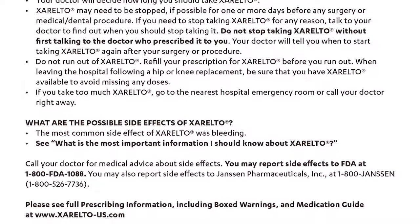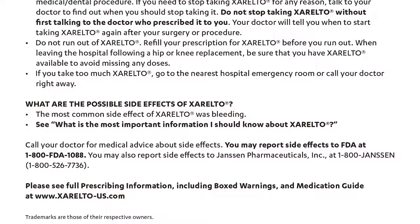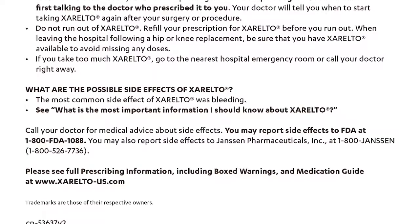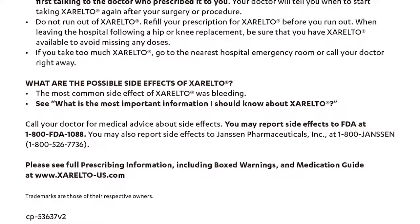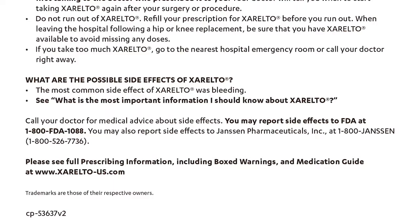The most common side effect of Xarelto was bleeding. See, what is the most important information I should know about Xarelto? Call your doctor for medical advice about side effects. You may report side effects to FDA at 1-800-FDA-1088. You may also report side effects to Janssen Pharmaceuticals, Inc. at 1-800-JANSSEN,